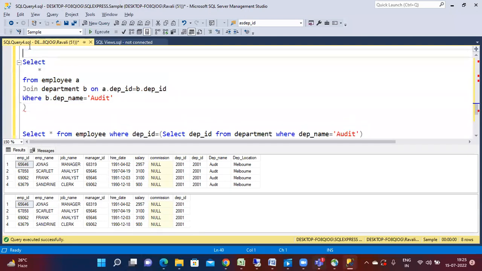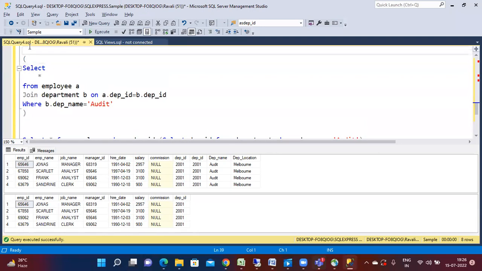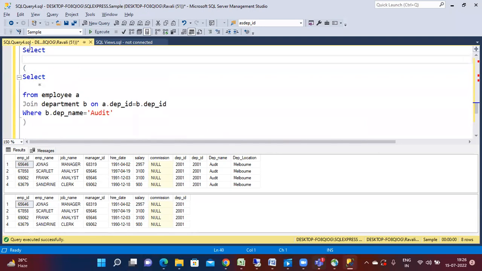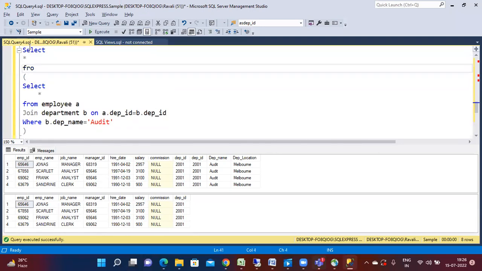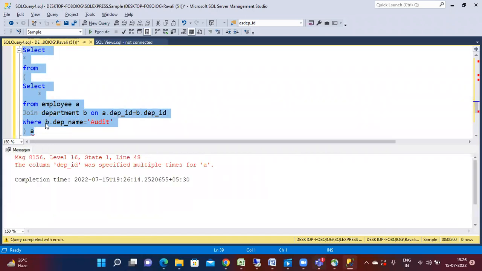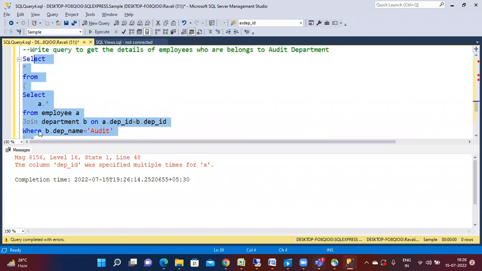You can keep it like this. So select star from. So this is how you can write a subquery in a from clause. Same output. The column department ID is coming multiple times, so I'm just simply taking the column names from here. See, if you want to perform any other operations on this,